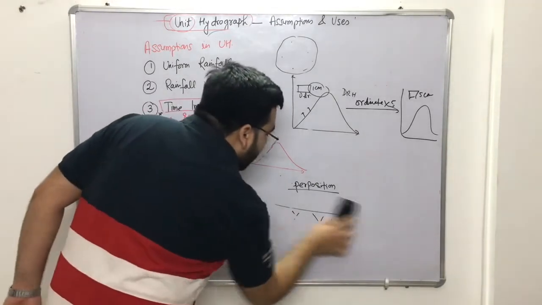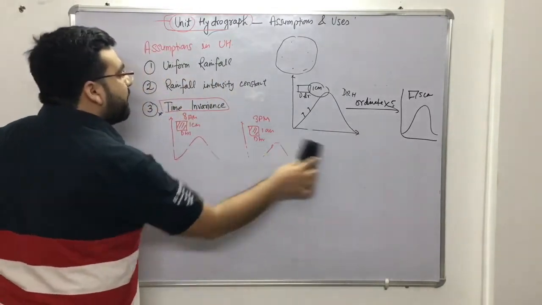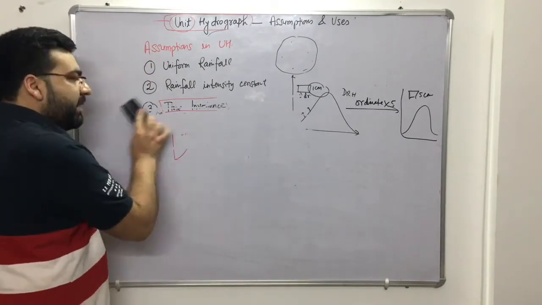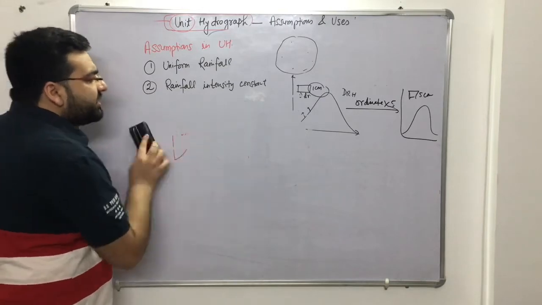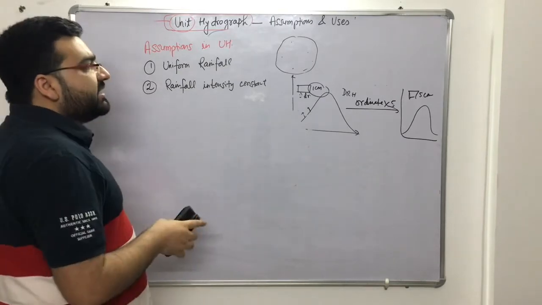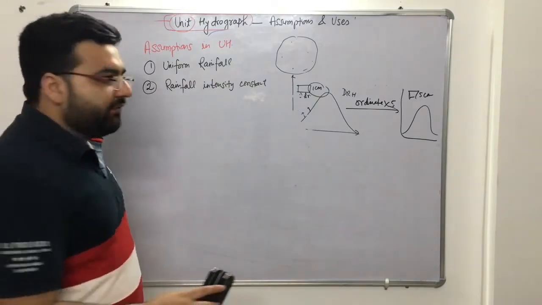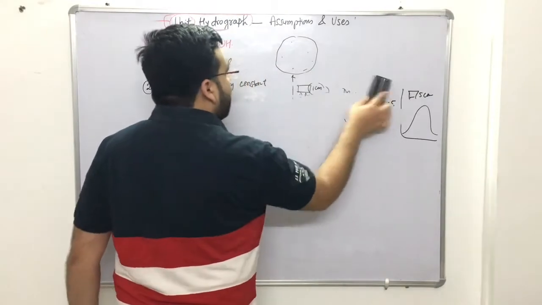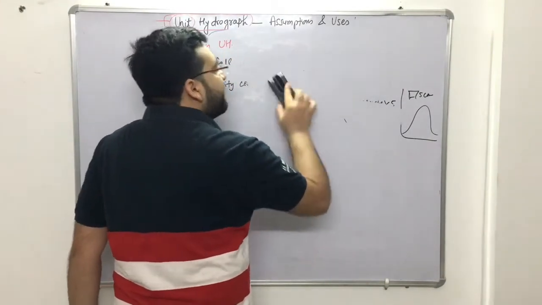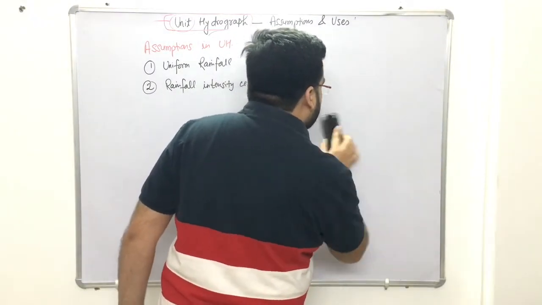Now unit hydrograph, you have understood that it is a direct runoff hydrograph in which the depth of the effective rainfall is taken as 1 unit. It can be 1 mm or 1 centimeter, but generally it is taken as 1 centimeter. And what is the rainfall intensity? Rainfall intensity will be equal to 1 centimeter or 1 mm divided by the duration of a particular rainfall, right? Generally 3 types of questions are coming. So let me explain what type of questions are coming.